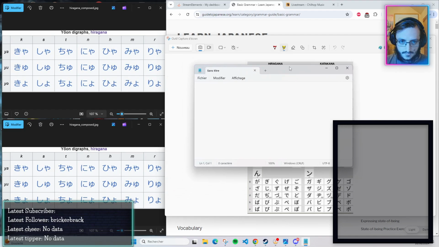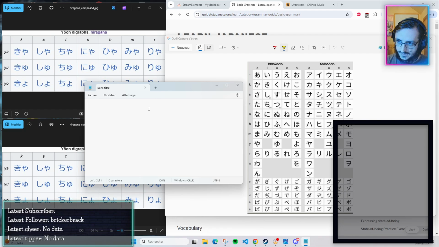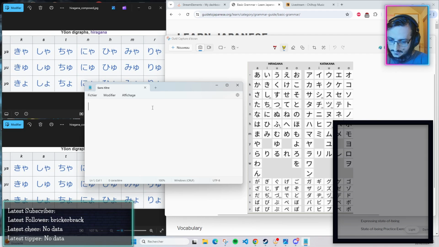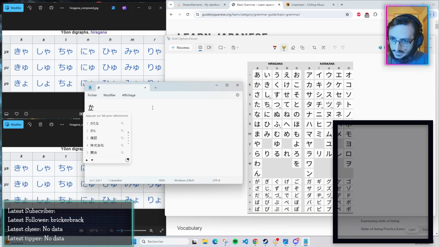So for example, I will use the first one as an example. So we saw the K line, ka, ki, ku, ke, ko, here. So this is the K line. If we take the ki from the K line, and we take the ya from the Y line, together it will be ki ya,